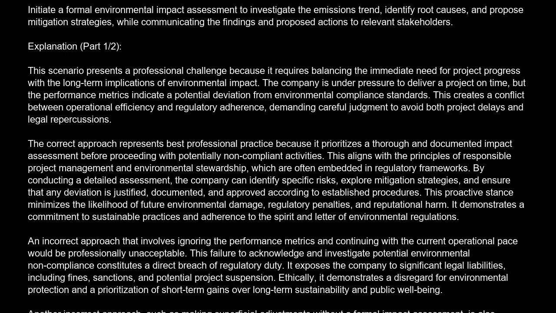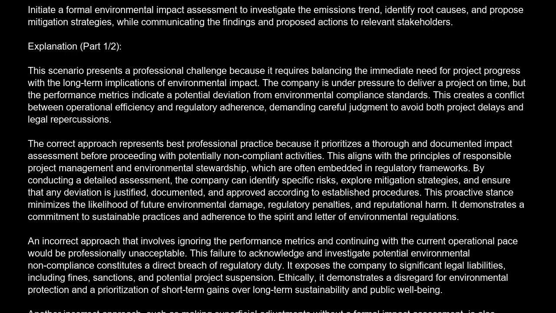Explanation. This scenario presents a professional challenge because it requires balancing the immediate need for project progress with the long-term implications of environmental impact. The company is under pressure to deliver a project on time, but the performance metrics indicate a potential deviation from environmental compliance standards. This creates a conflict between operational efficiency and regulatory adherence, demanding careful judgment to avoid both project delays and legal